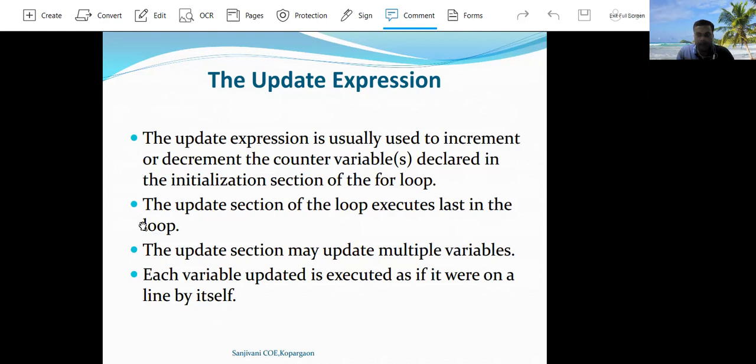Then once the statement of the for loop is executed, the update section is executed to update the value of the for loop variable. The update section may update the value of multiple variables. Each variable update is executed as if it were a statement by itself.